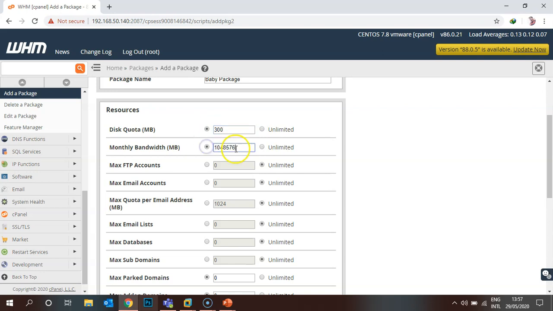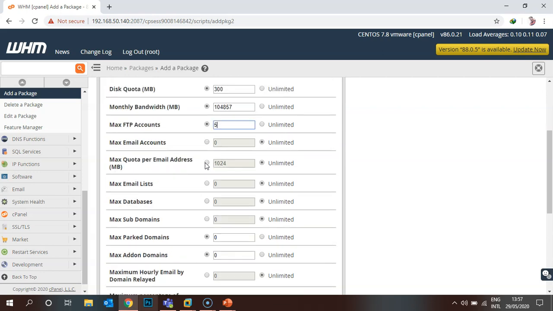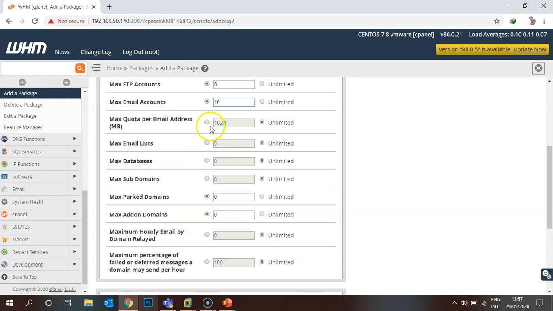Monthly bandwidth is as per your requirement. If you want to set the maximum FTP accounts the user can create, I'll give 5 FTP accounts, or 10 email addresses, and per email address they have a space of 1 GB, or I can decrease it to 100 MB. It totally depends on you how you want to create the packages.